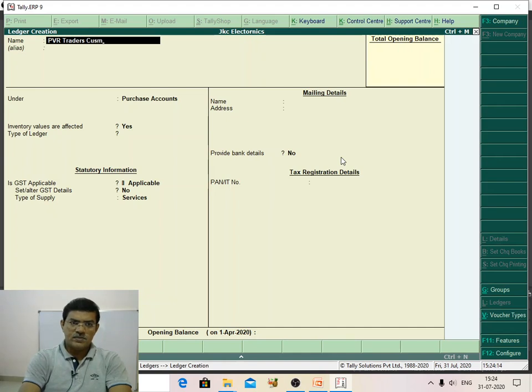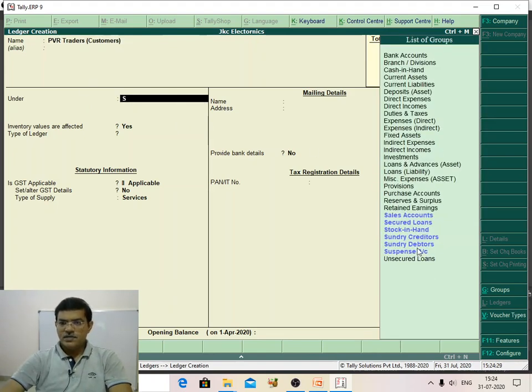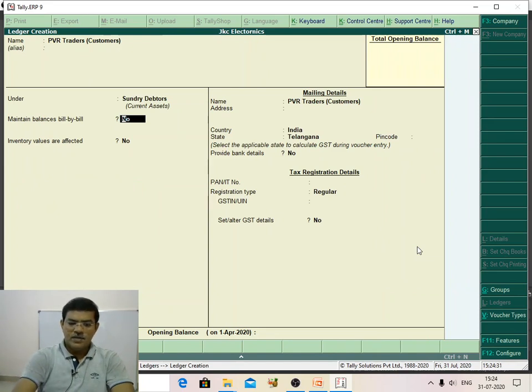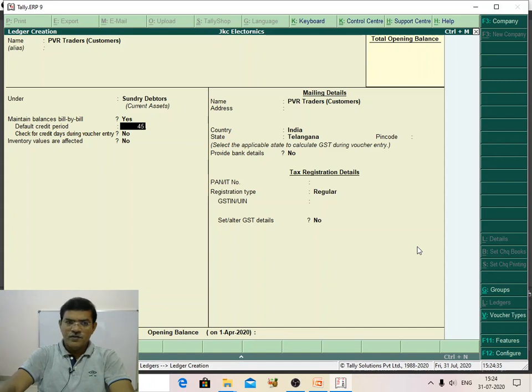They are the customers. Maintain balance bill by bill, yes, and they are paying in 45 days. Check credit days during voucher is yes.